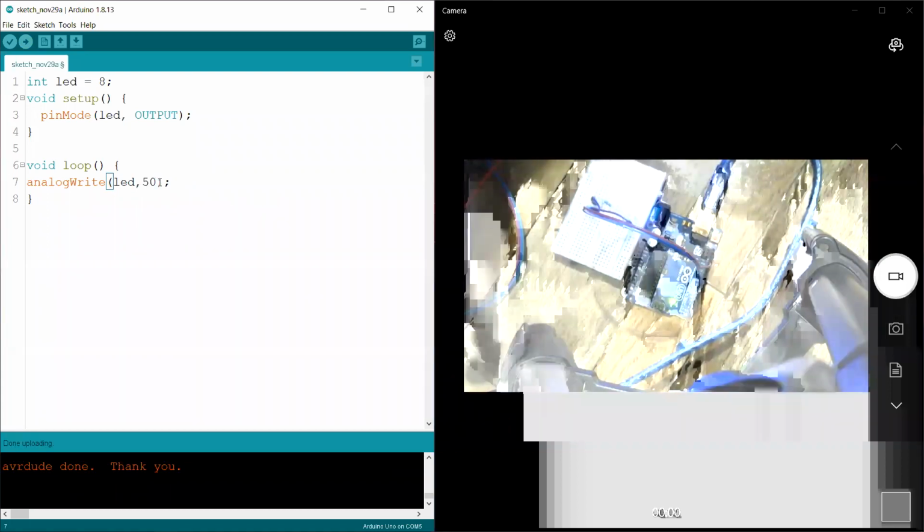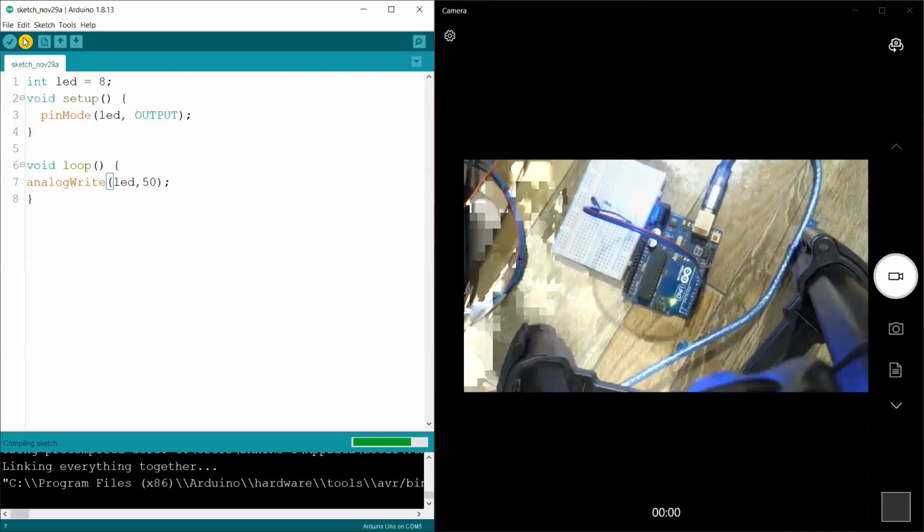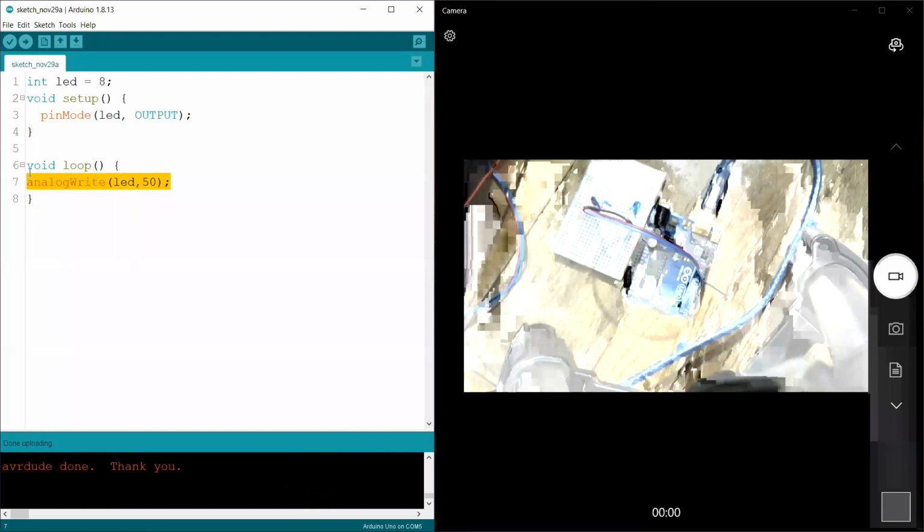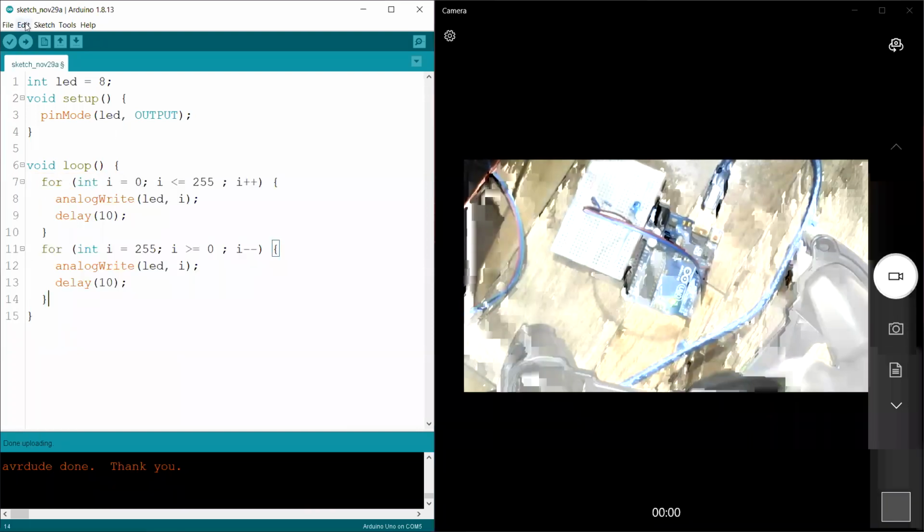But what if I use a medium level brightness? It is not going to do anything. If I write this code here, let's see if it is going to adjust the brightness accordingly. Yeah, turned on, not dimming, turned off, turned on and turned off. That's it, right? And if you want, we can see it with the oscilloscope.